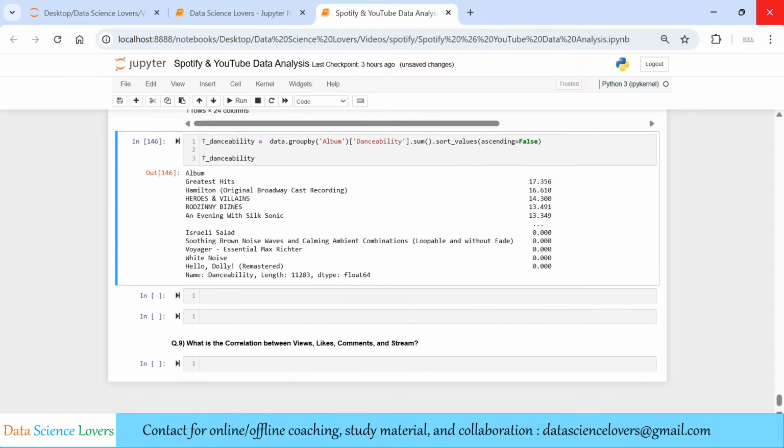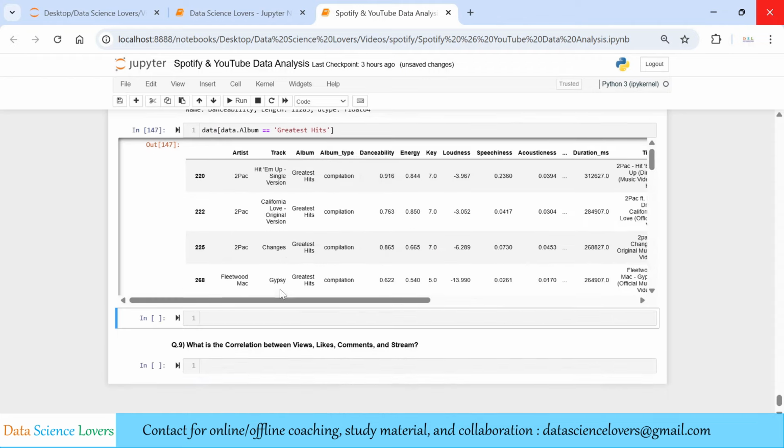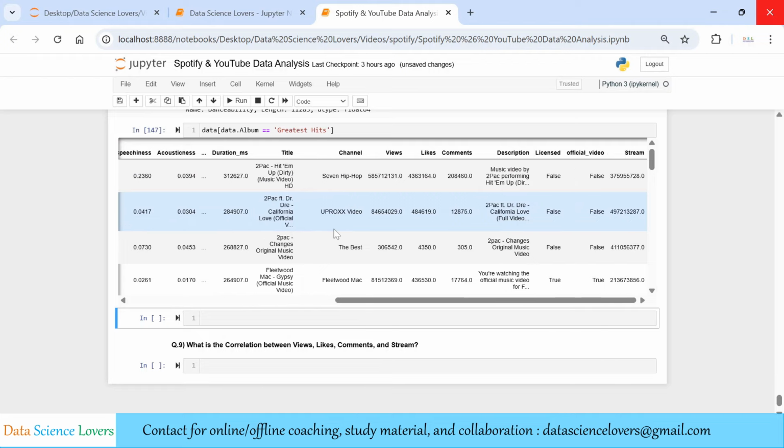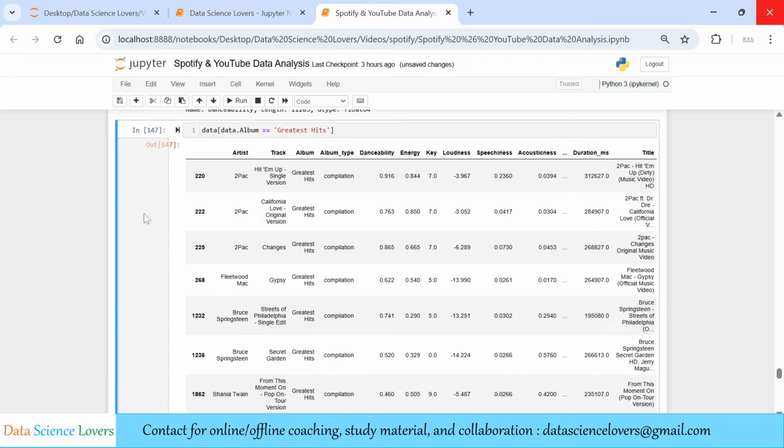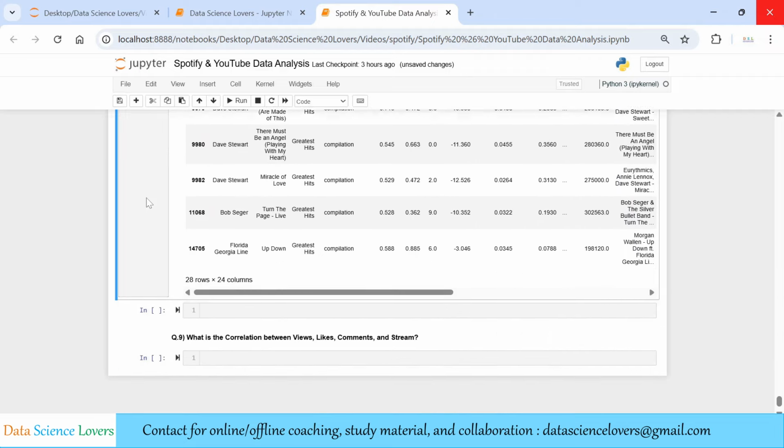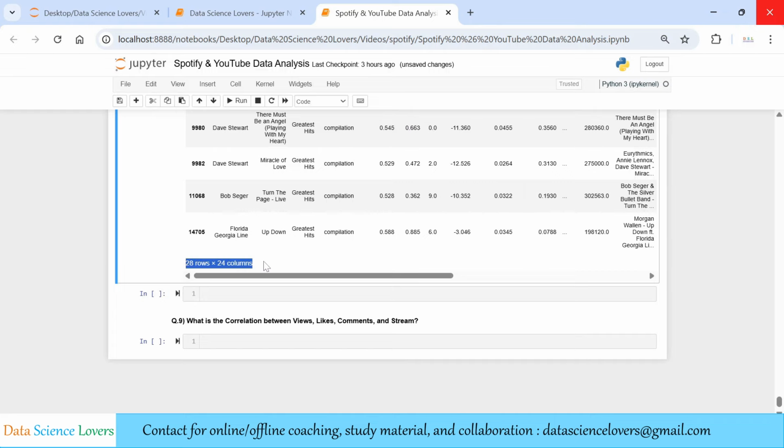And if we want to see the tracks related with this album, then simply we can use the filtering on the album column. First we have to consider the album column, and filtering, we have to find out the records having the string greatest hits, and we will put this syntax in the square brackets like this, and it will show the album greatest hits, and these are the tracks here. There are multiple tracks here, and if we see the counts, there are about 28 tracks inside